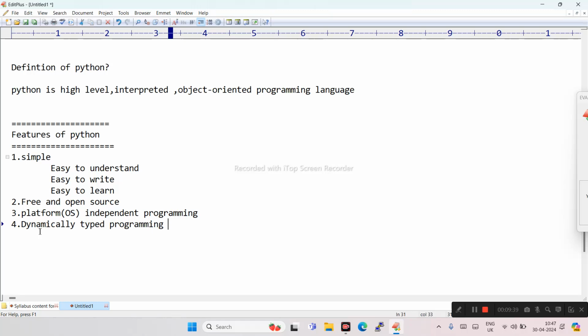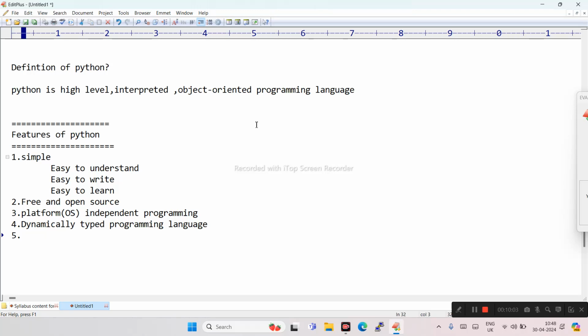So what is a dynamically typed programming language? I will let you know when we run the practical sessions. You will get some idea of what a dynamically typed programming language is and what a statically typed programming language is.